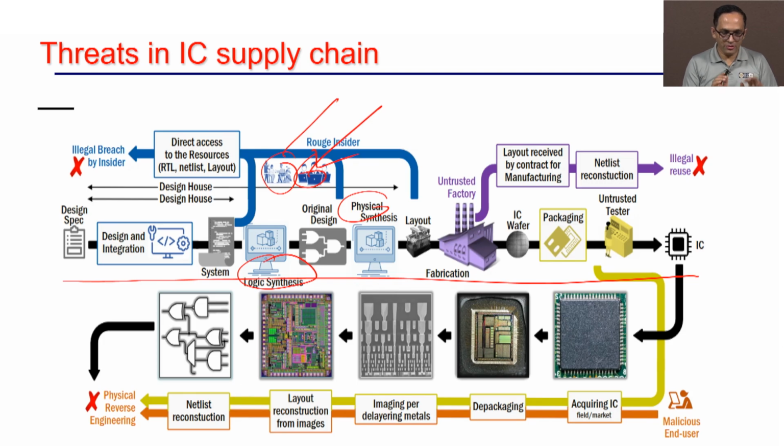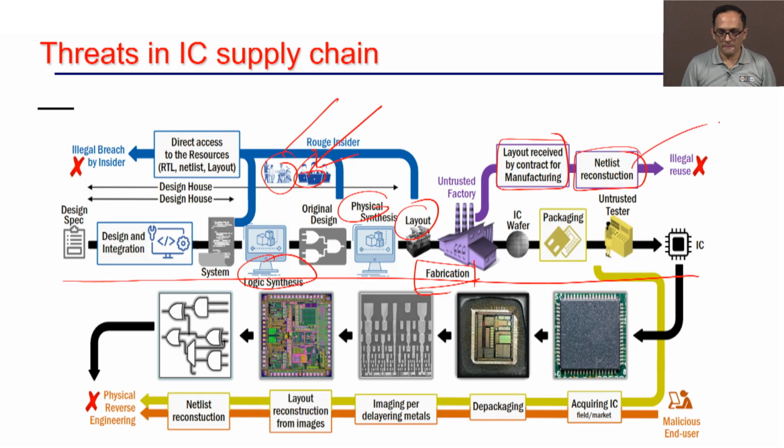The most important, so this you can somehow trust your own employees and all, but finally the layout that you are doing, you have to give it to a third party fabrication, because fabrication is the most costly part of it, right. You need billions of dollars to have a fabrication facility. So, you have to give your layout to somebody, right. And now a lot of things can happen because it is not under your control. So, the layout received by the manufacturer, somebody can